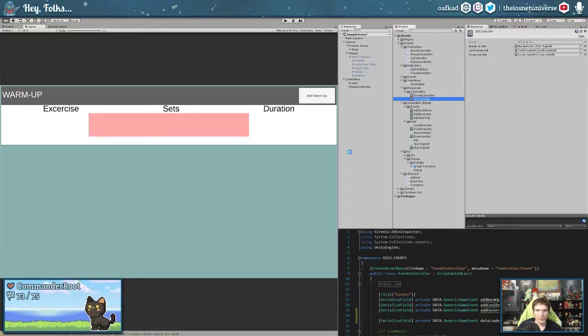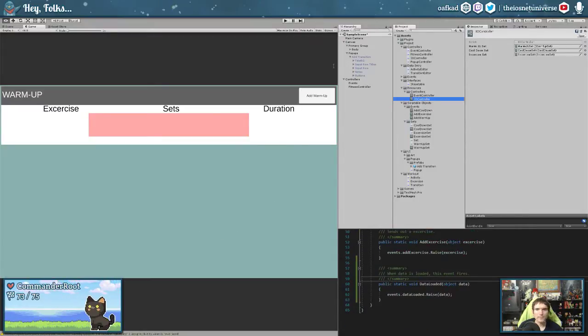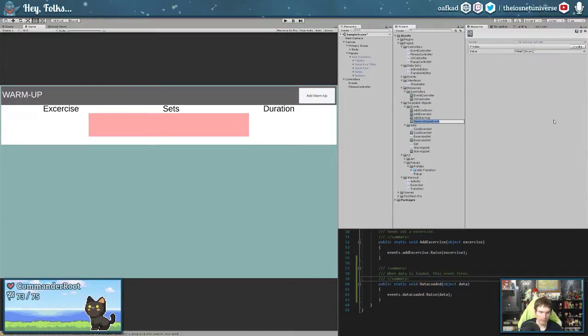Then we'll come over to the actual project. Oh yeah, I should scroll down a bit. That's what it looks like. Okay. So now we'll come over here and go down to event controller. Well, first we need to create the event. Data loaded.